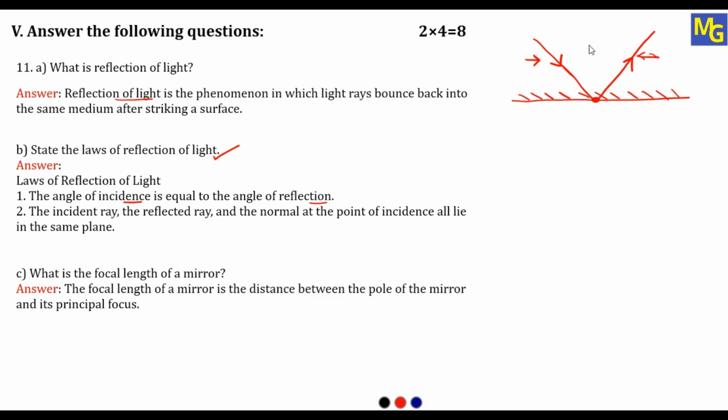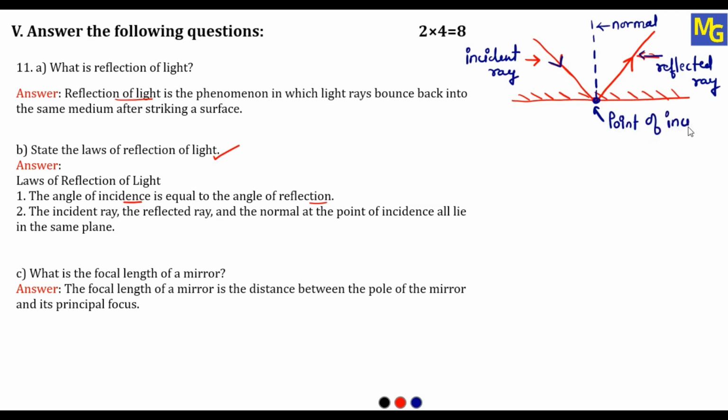So we will use this earlier diagram. This is the point of incidence. On this point we will draw a perpendicular line like this. See here. Then this line is called the normal. The perpendicular line is called the normal. The line which is incident like this is called the incident ray. And the line which is bouncing back into the same medium is called the reflected ray. So I'll write it here, reflected ray. And this is the normal, and this point is called the point of